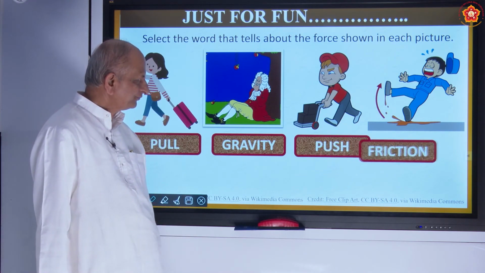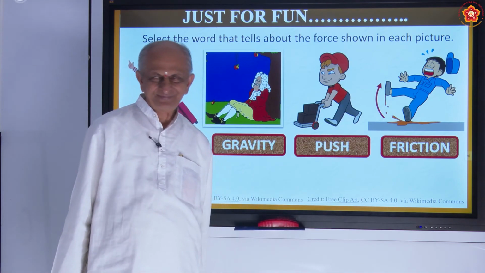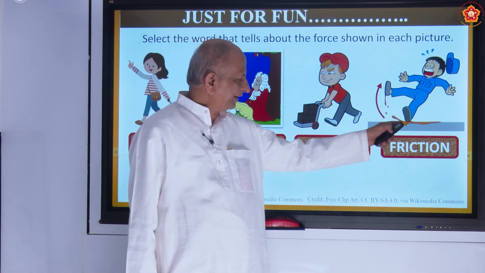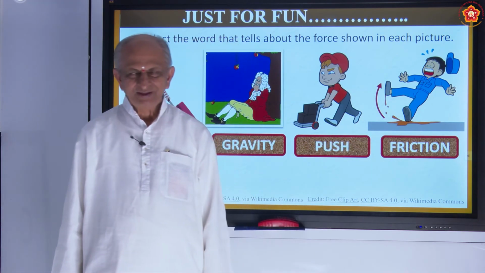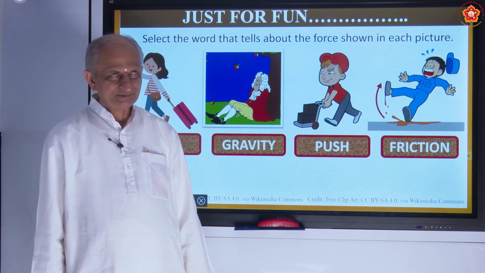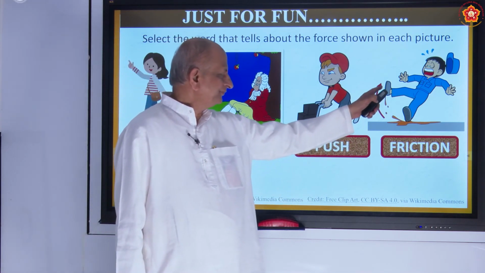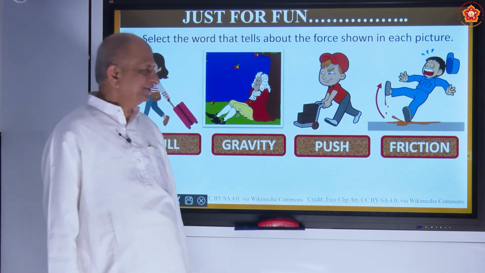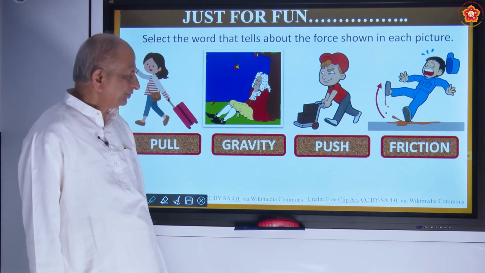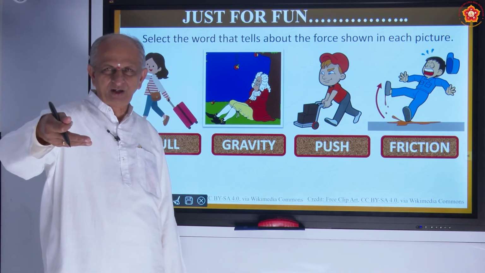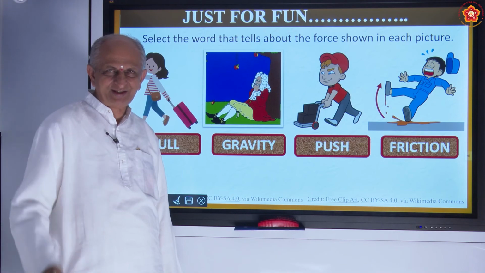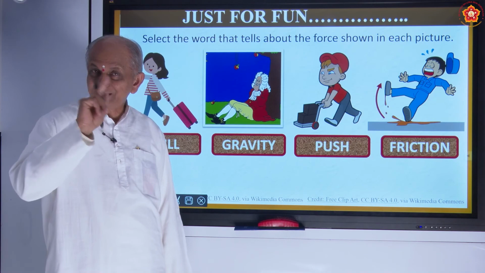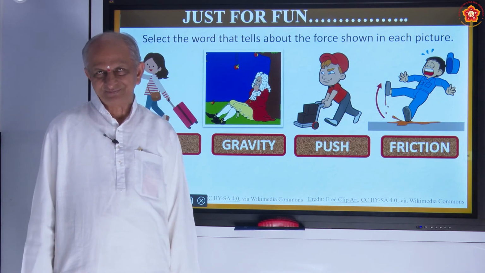Last one, friction. The other day we discussed friction. See here, there was water fallen on the floor. He could not see it properly. So he slipped. And look at his face, he is shouting because he is in pain. Even if you step on a banana skin, then also you fall. Of course, you should not laugh at others falling, very important.